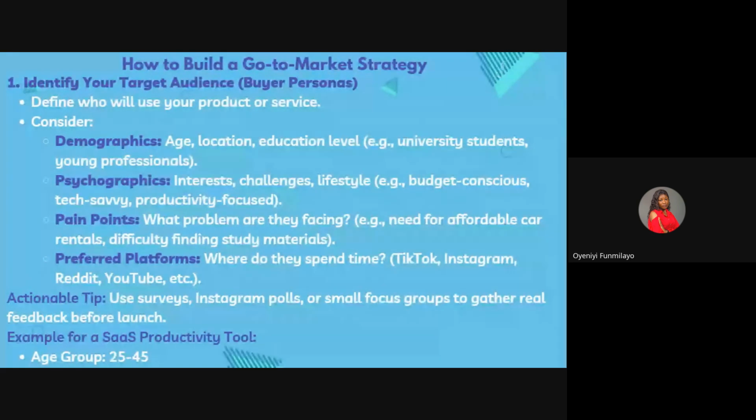You don't even want to call the attention of those people that cannot do 5 hours straight of work to get 1,000 naira, because they don't like it, they don't enjoy it. Do you get? So you need to understand what your target audience's interests are. Then you need to also get their pain points. What problems are they facing?